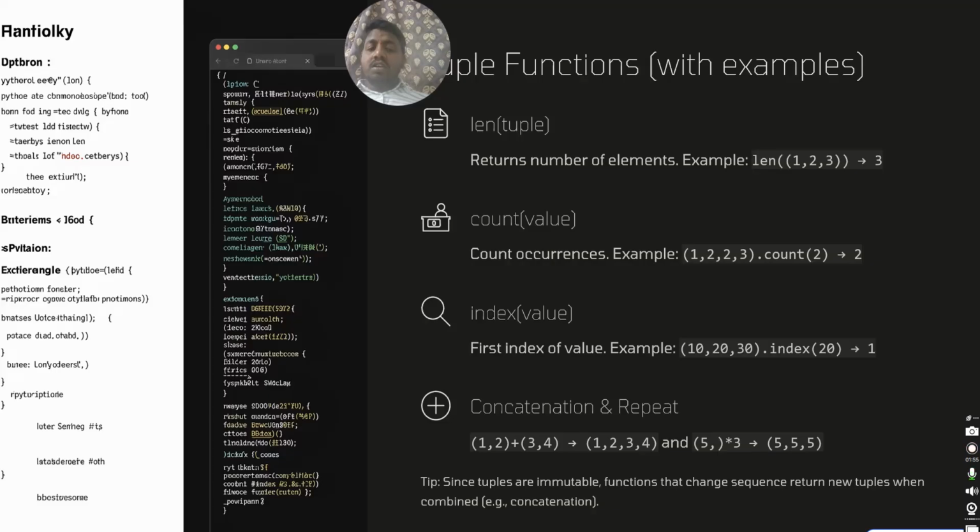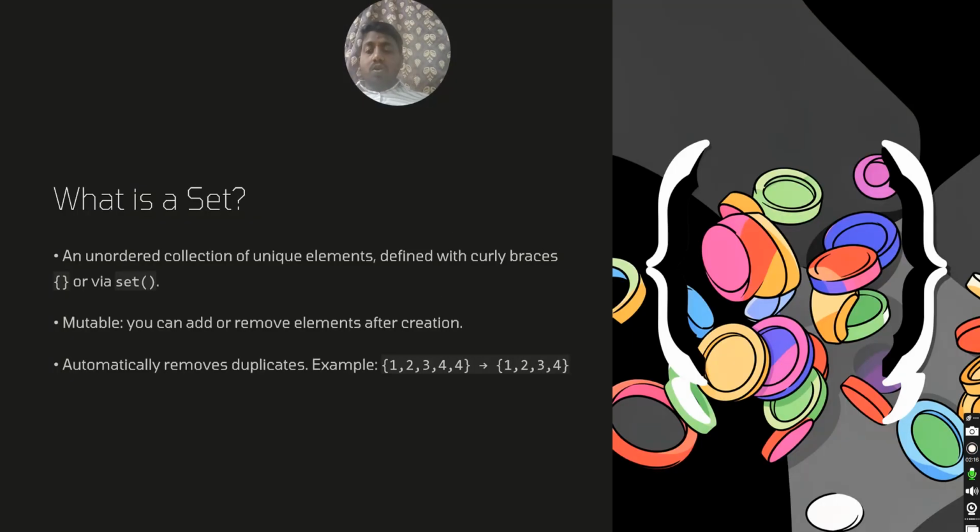Concatenation and repetition: we can add two tuples and repeat a tuple as many times as we need. Since tuples are immutable, operations that change a sequence return new tuples when combined, for example concatenation. These are the main functions used in tuples, and let's go with sets